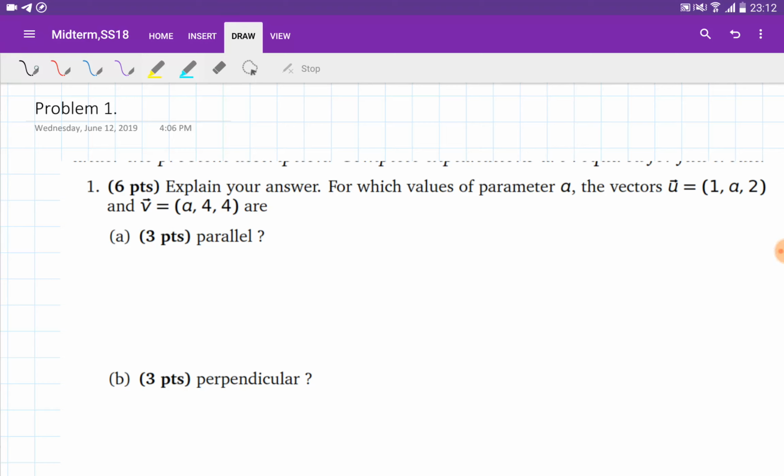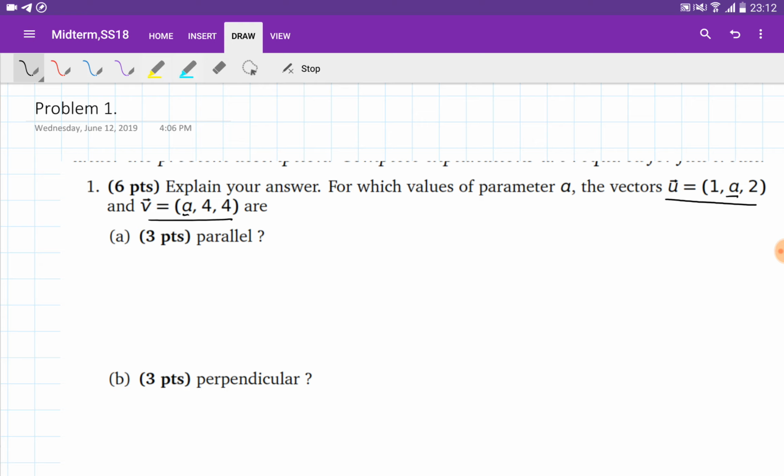Let's discuss the solutions to the midterm exam on Calculus 2, which was taken in summer semester 2018. The exam contains 10 problems. We're going to go through all of the problems and try to explain the full solutions. In the first problem, we're given two vectors in a three-dimensional space with some parameter A